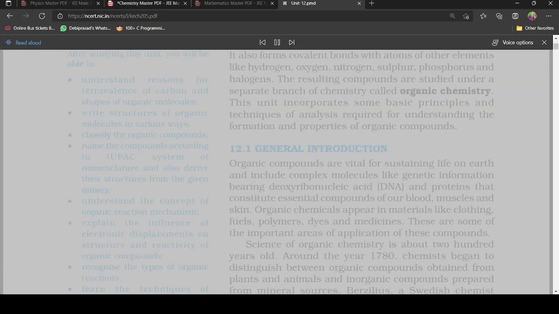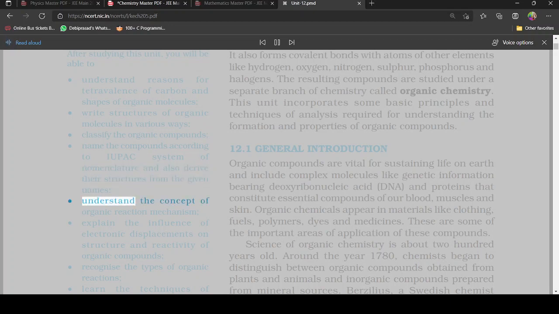After studying this unit, you will be able to understand reasons for tetravalence of carbon and shapes of organic molecules, write structures of organic molecules in various ways, classify the organic compounds, name the compounds according to IUPAC system of nomenclature, and also derive their structures from the given names,